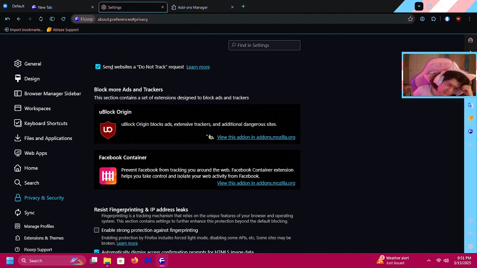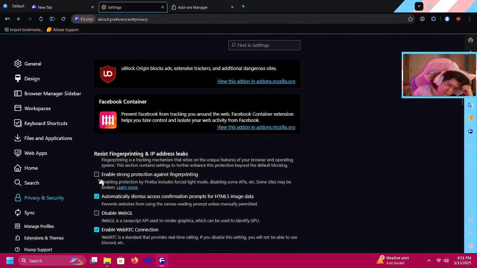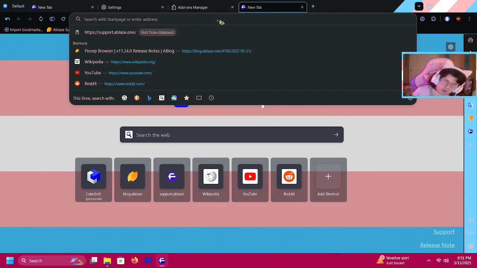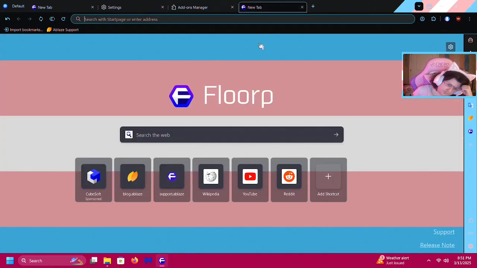There are some other things. Enable strong protection against fingerprinting. If you don't know how to do this, there is a website for testing your browser, if you're privacy conscious. Go and look up